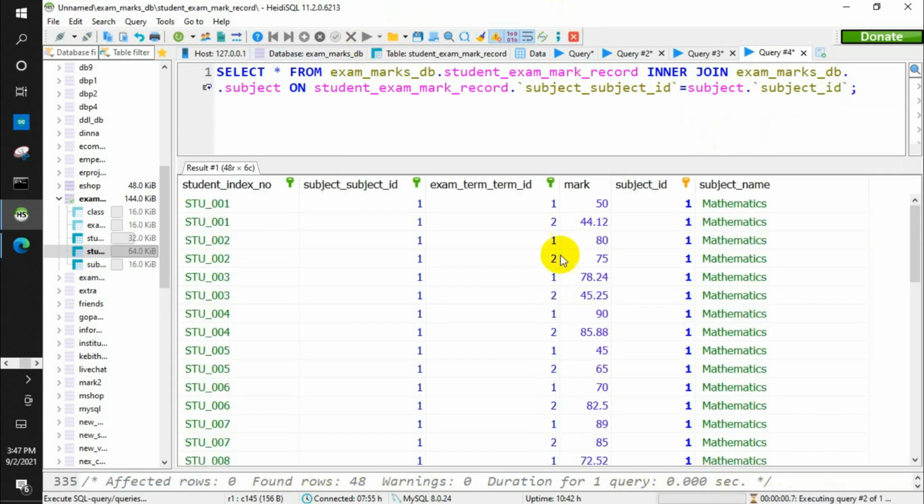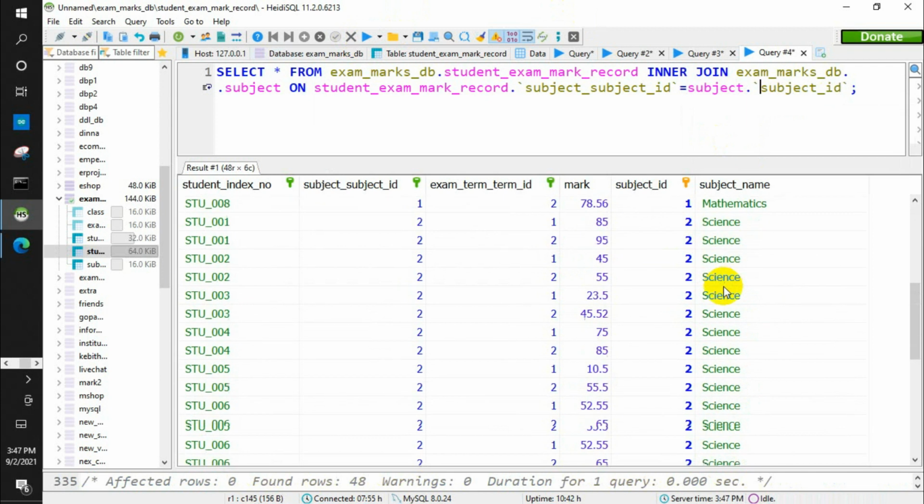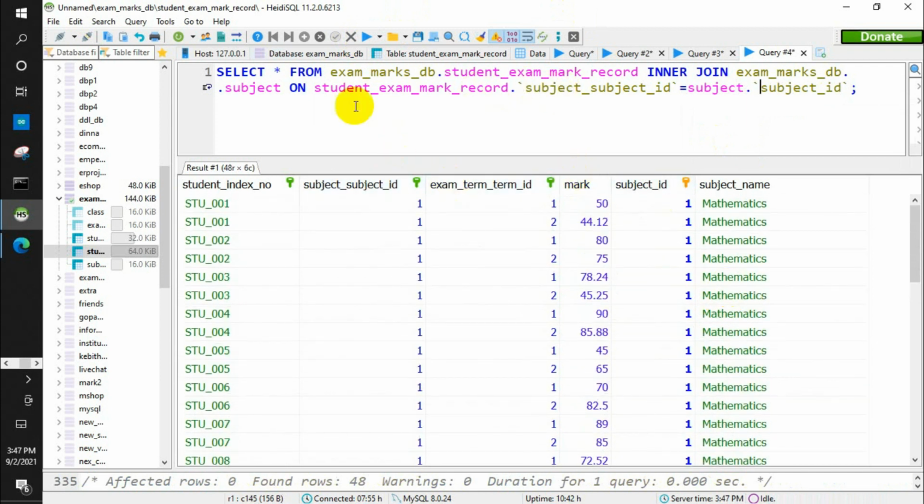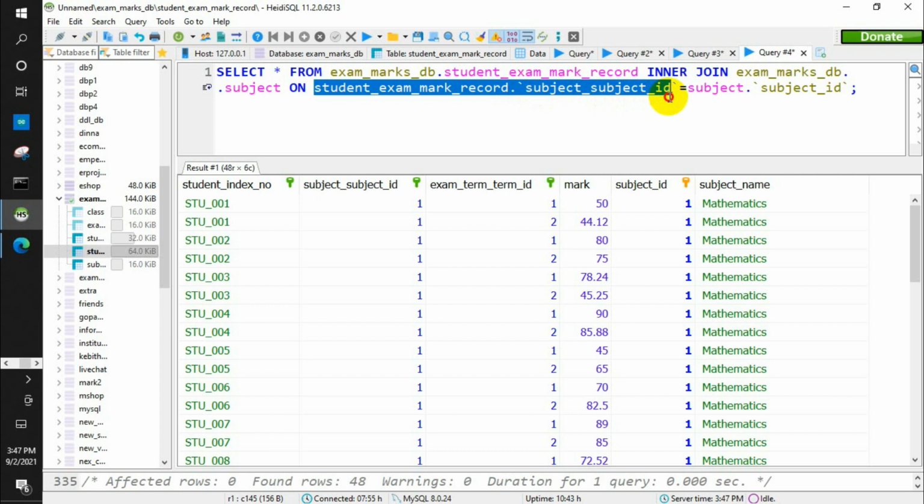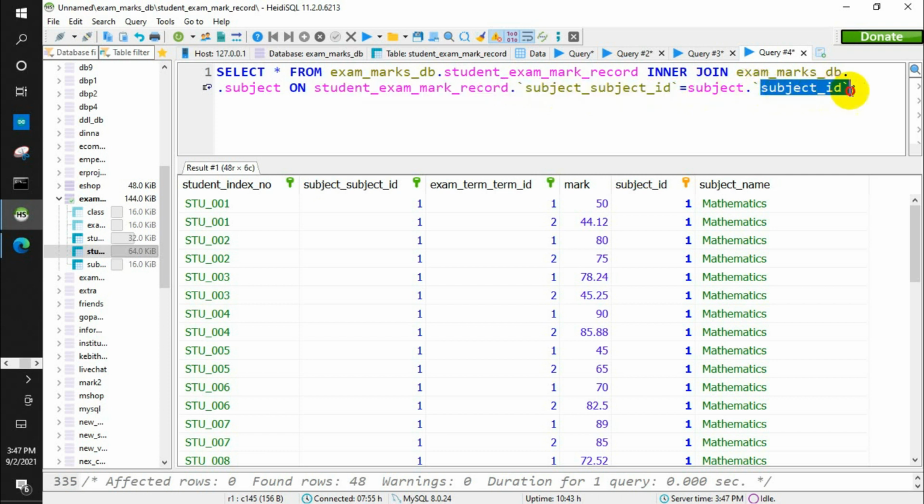Now let's run this query. Now we have two tables joined to each other using the condition that I gave right here: the subject ID of the exam mark report should be equal to the subject ID of the subject table.